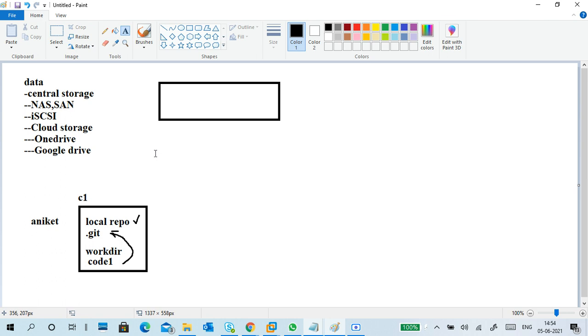Now you want to create the next branch and store version 2 in the second branch, or different users want to create multiple branches, and others want to access them publicly or privately, or clone them as a program. We can't do that with normal storages like SAN, NAS or cloud storages like OneDrive. We can only put data and take data, but we cannot do it programmatically.